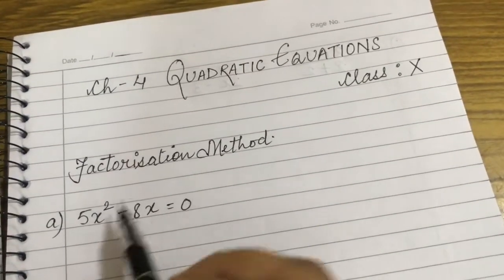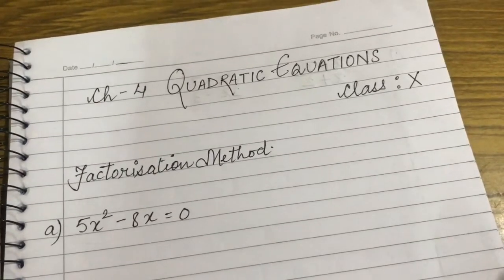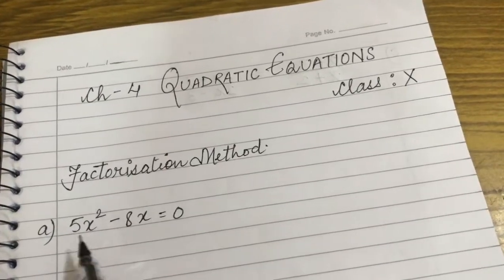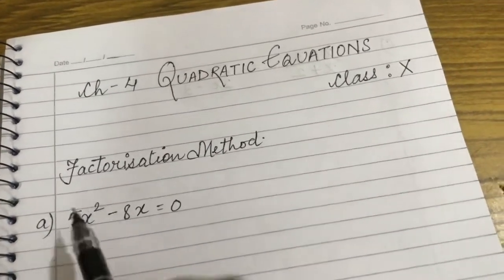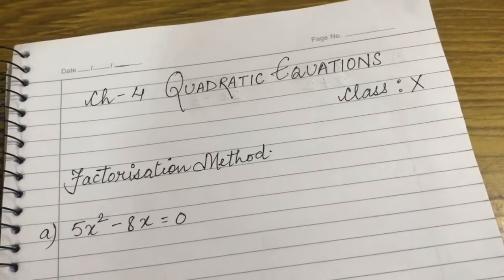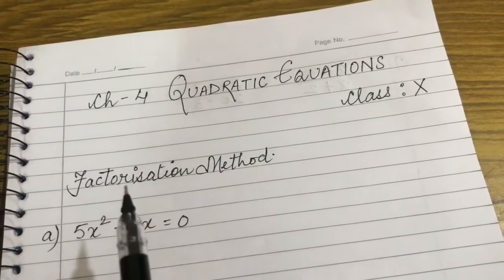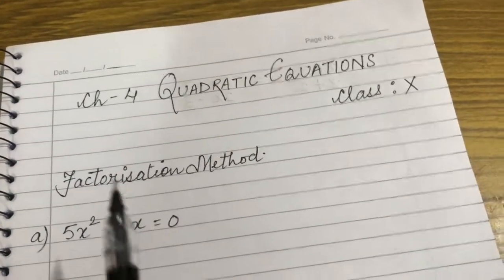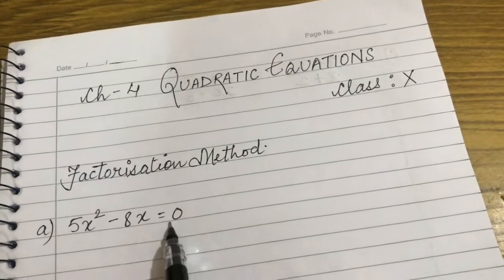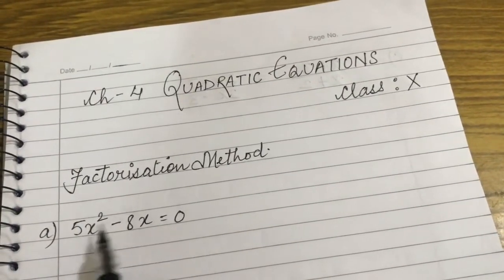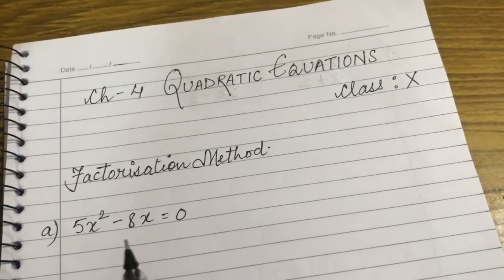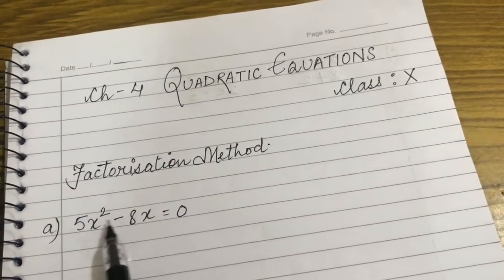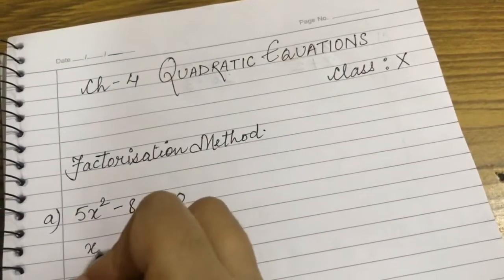Now to factorize it, what is the first step? First of all, you have to take out the common factor. Whatever is common in the given polynomial, you have to take it out. Out of 5 and 8, nothing is common, because there is no common factor of 5 and 8. There is no such number in whose table 5 and 8 come. So now we will choose from the variable. Here x square is there and here x is there, so we will choose the variable with the lesser power. Which one has the lesser power? This x, so x will come out common.